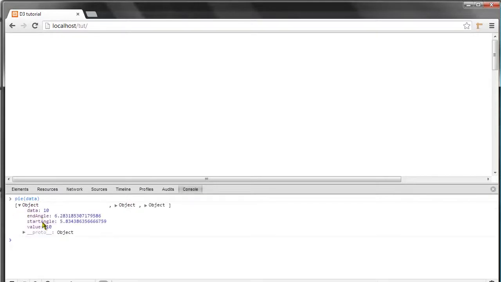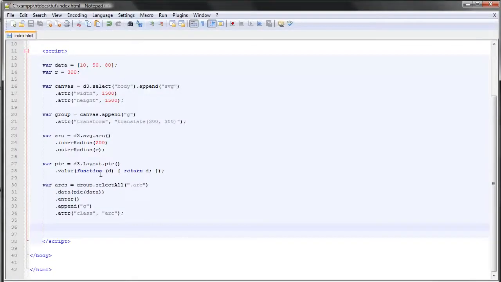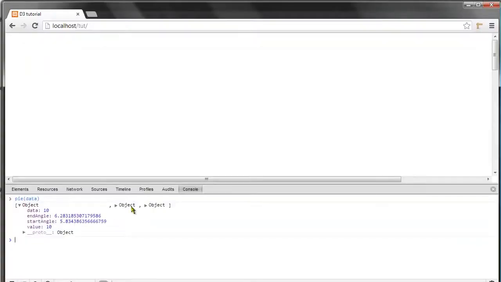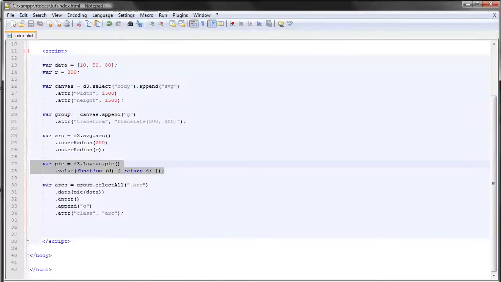Each of these objects, and this is the result of us passing this data right here to this layout here. This layout returns these 3 objects, and as you can see, each object has the data property, the start angle and the end angle,